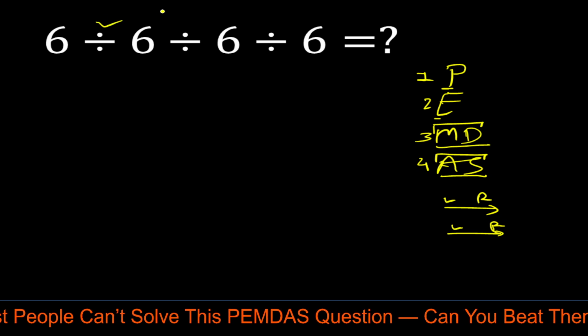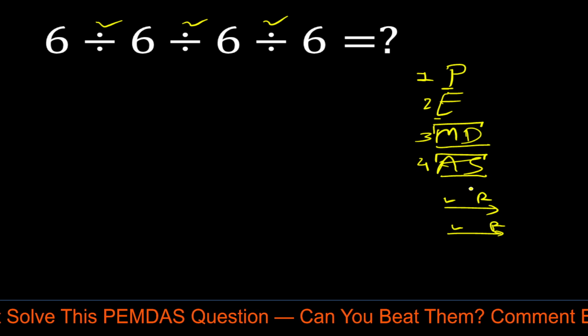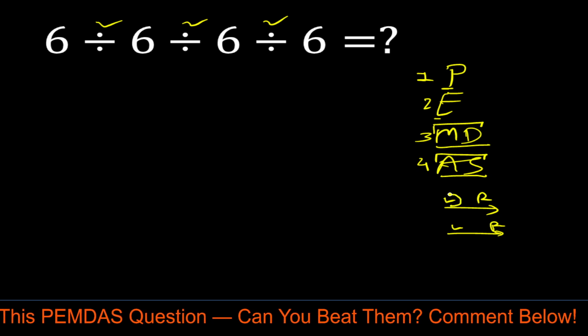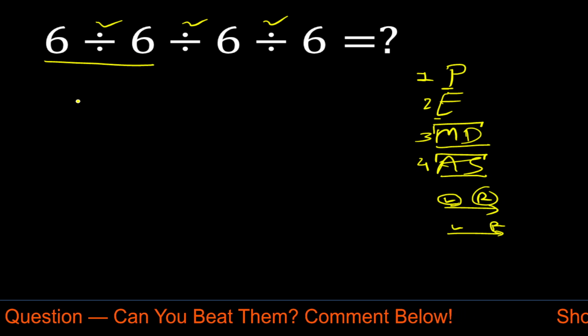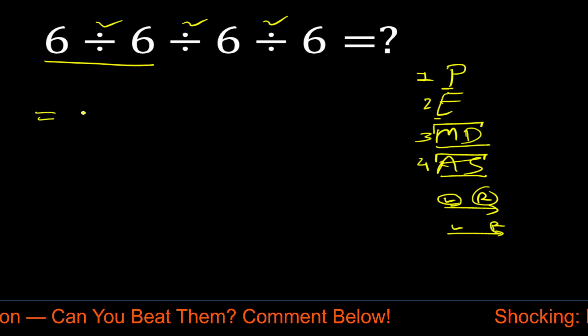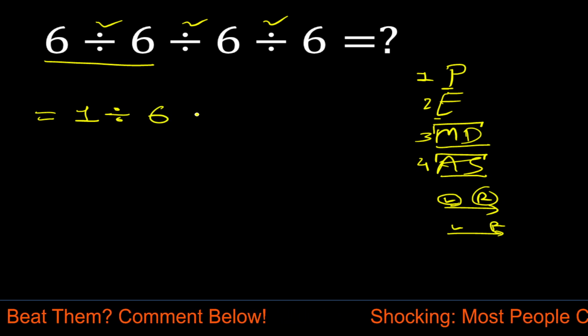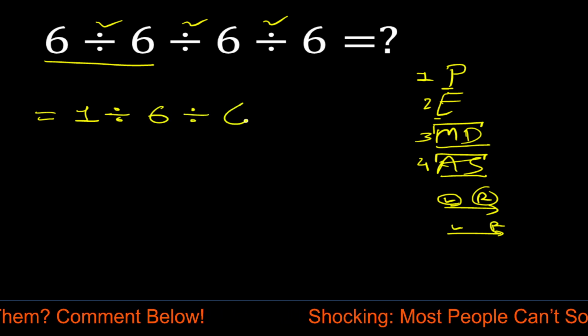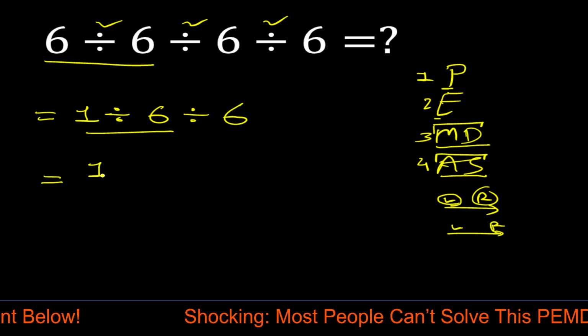So in this question, here we have division, here division, and here division, and all have equal priority, so we have to solve it from left to right. So first we have to solve this division, right? So 6 divided by 6 is equal to 1 divided by 6 divided by 6, right? Now 1 divided by 6 can be written as 1 upon 6